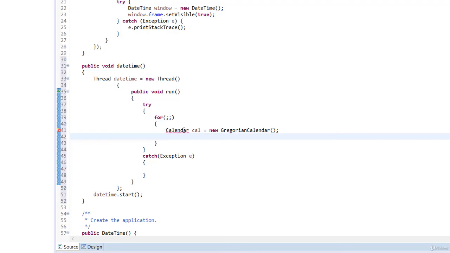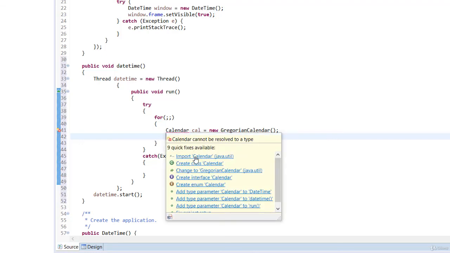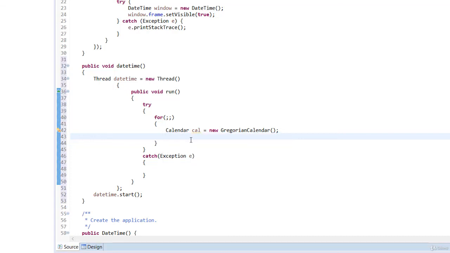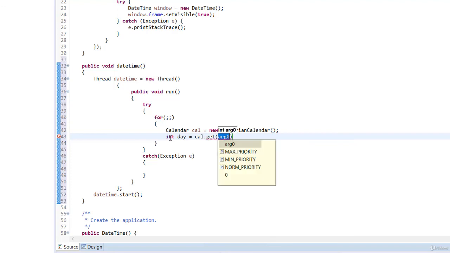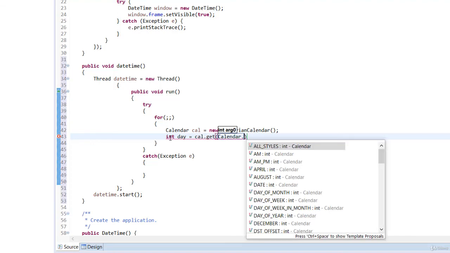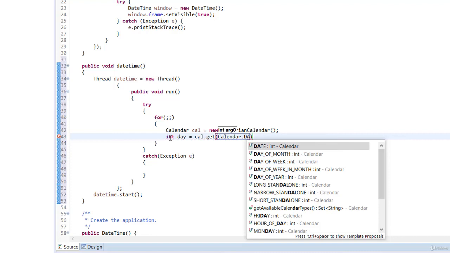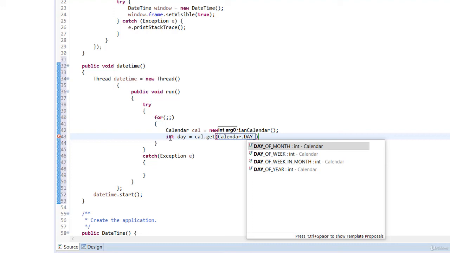So you've imported that, and then you're going to import calendar as well, so that the error will go out, and it's gone. You see that? So now go ahead and put int day is equal to cal.get. You call the object cal.get calendar dot. You can use this to be day of the month. So day of the month,